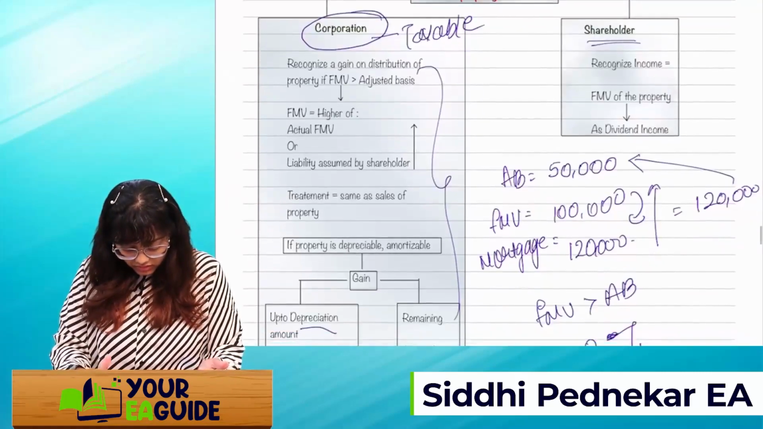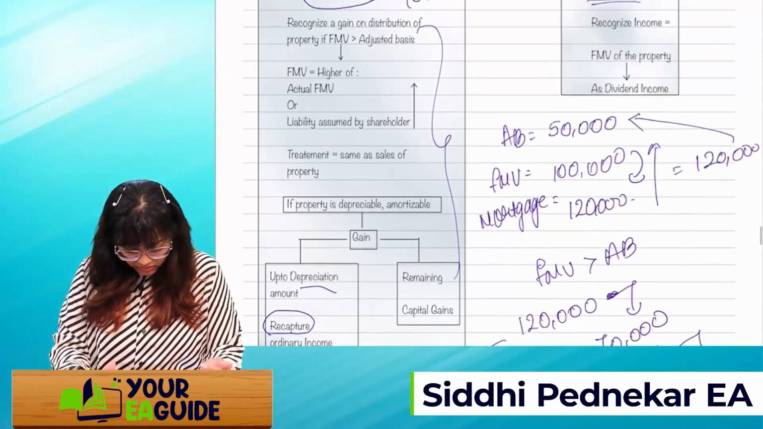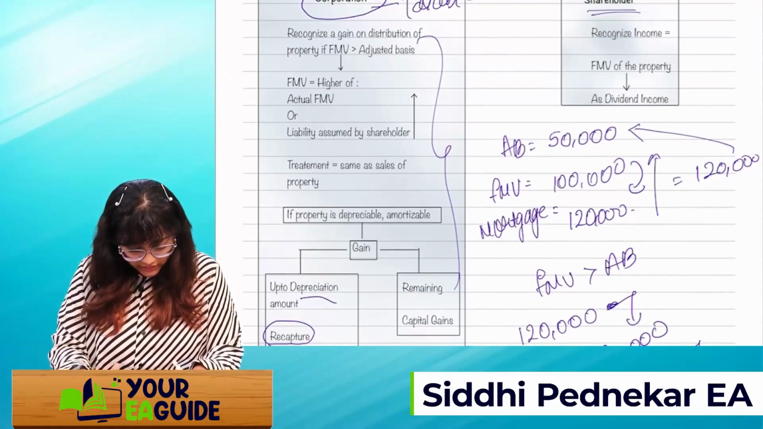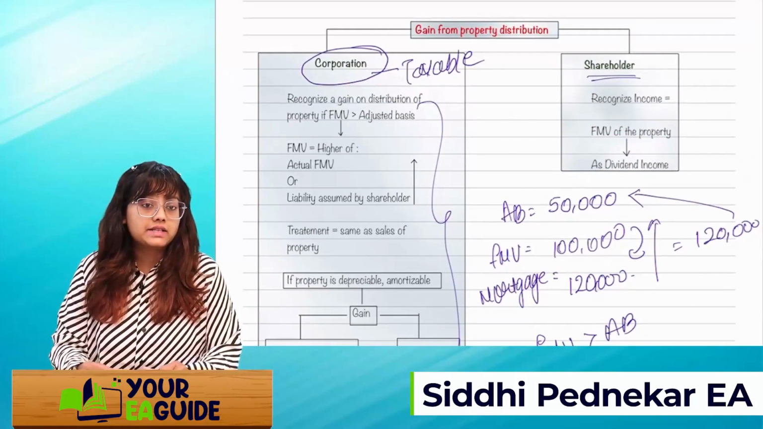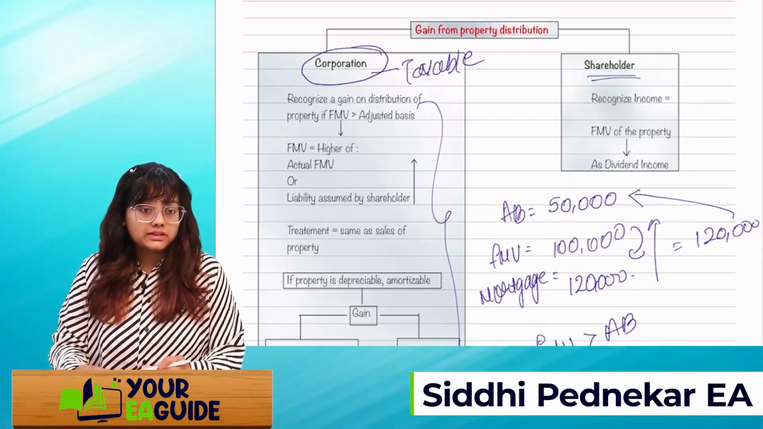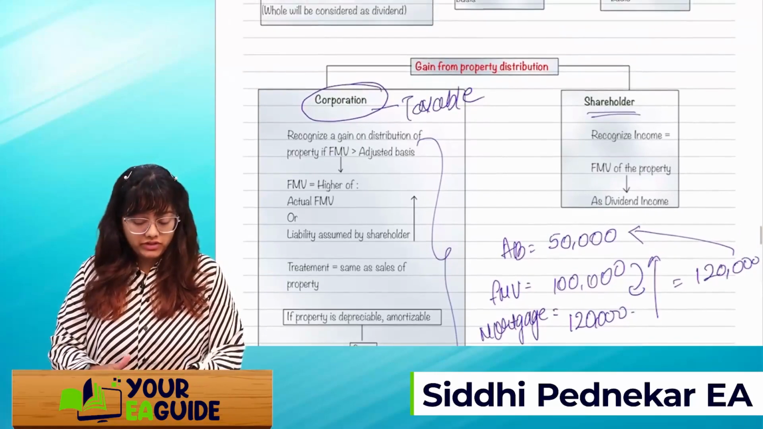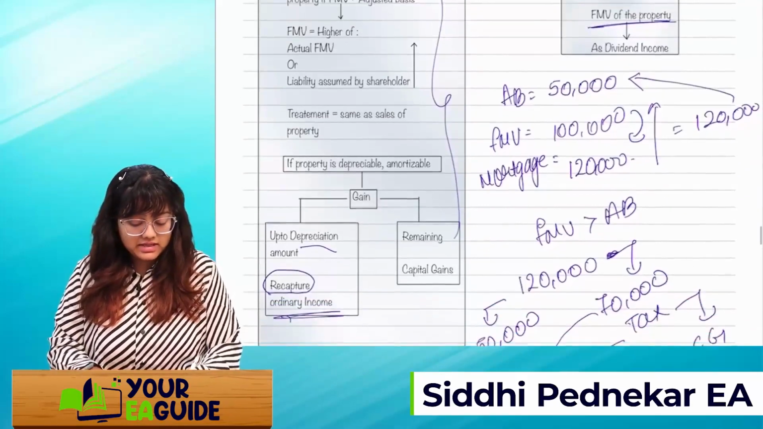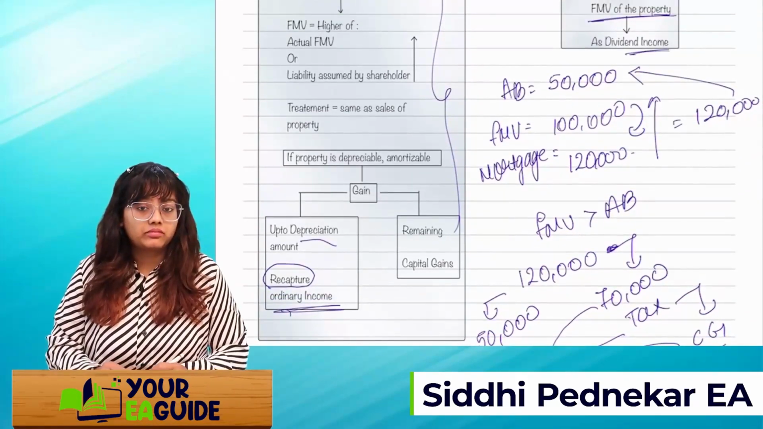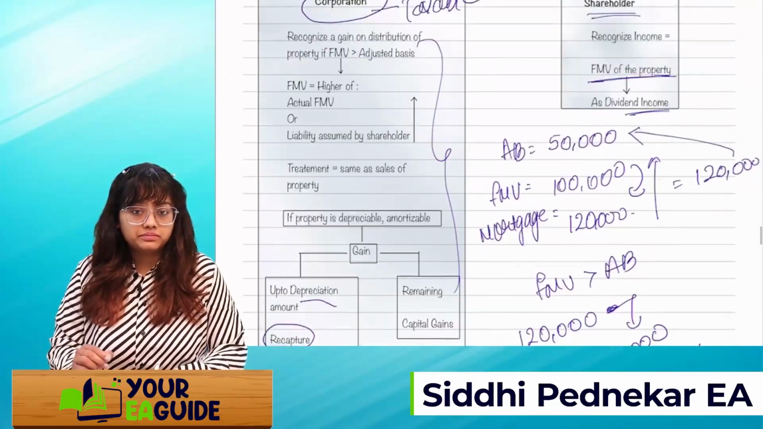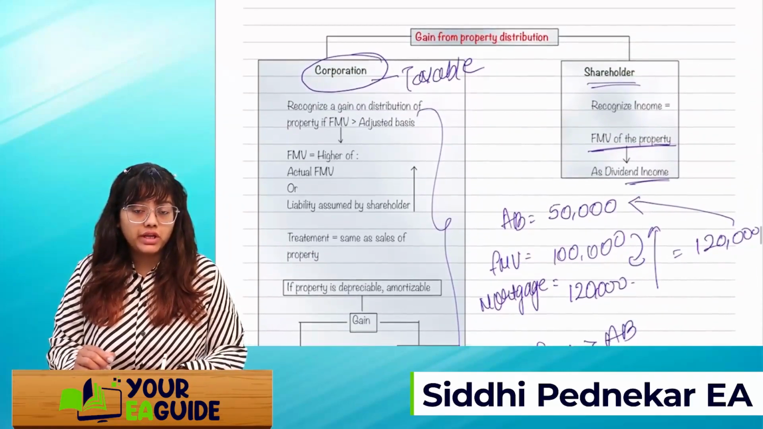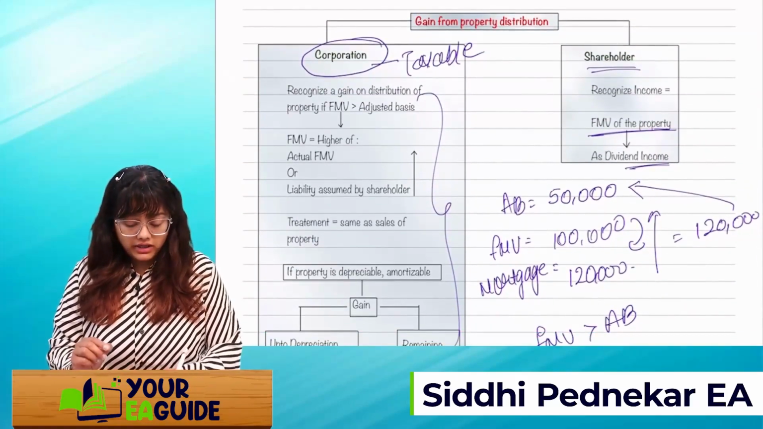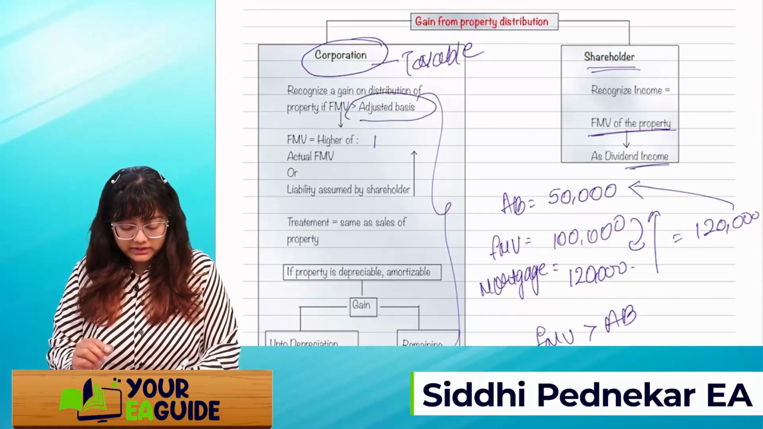Okay. Next is shareholder. From the point of view of the shareholder, they will directly recognize the FMV of the property as dividend income. FMV of the property will be directly considered as dividend income. Got it, guys? Just one more change I want to tell you, that here the adjusted